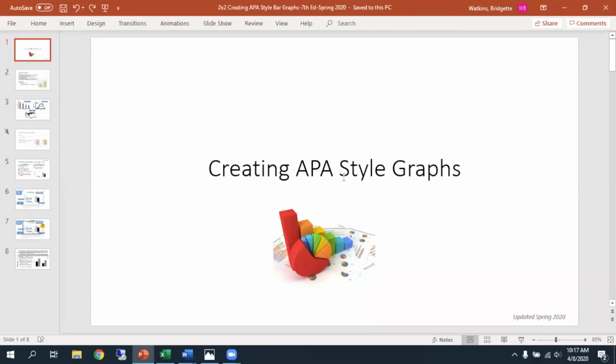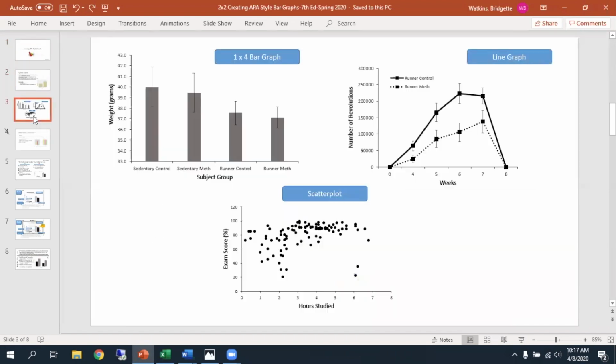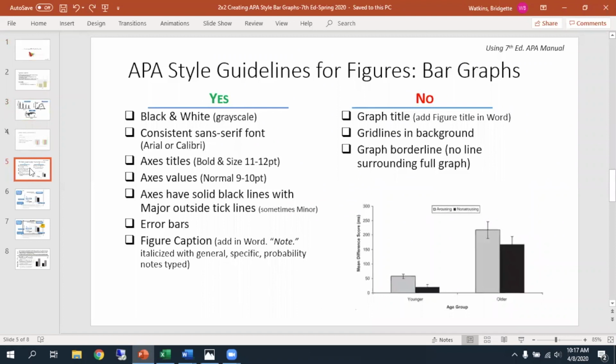This tutorial will walk through how to create a 2 by 2 bar graph in Excel using APA formatting with the 7th edition. You can find this PowerPoint on Moodle. This PowerPoint shows several examples of APA style graphs, but the slide we want to focus on today is this